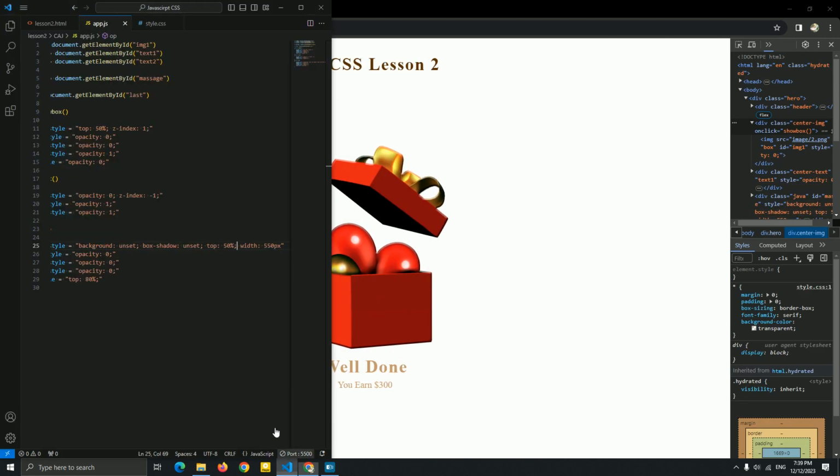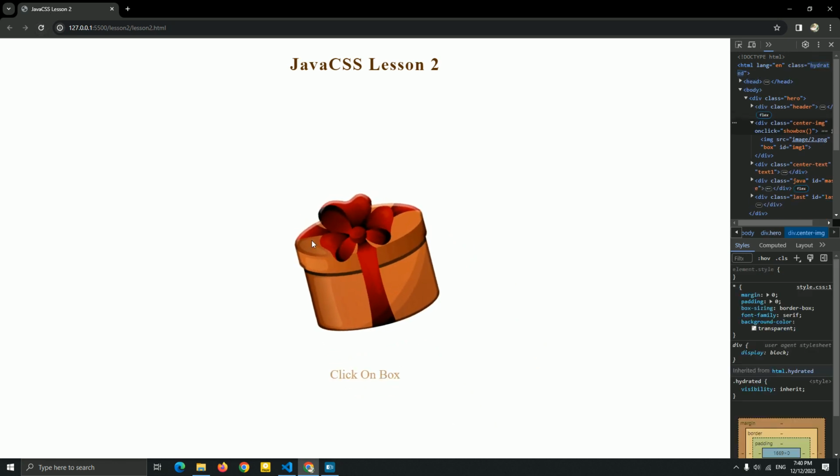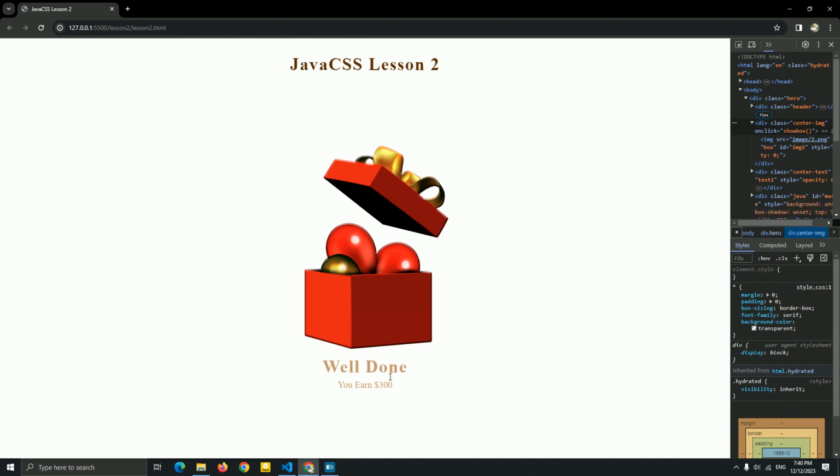But oh yes, I didn't add a transition, because this is the animation and Java CSS doesn't work without it. Just like I said, we need a transition for the Java CSS. So let me add a transition, and let me add ease out, because cubic bezier is not good. Ease out, and here ease out. Now let's see it, guys. Okay, ease out. Now let's see it, guys. Yeah, now it's better, guys, and you can see this message come up.